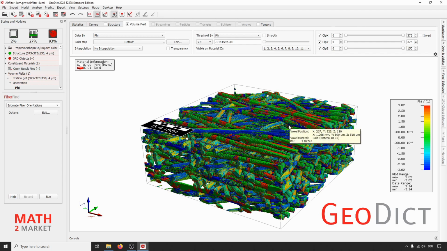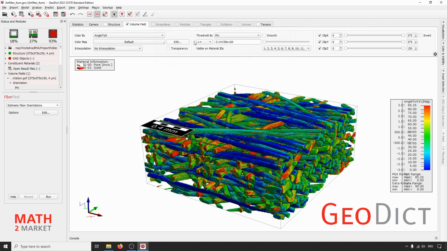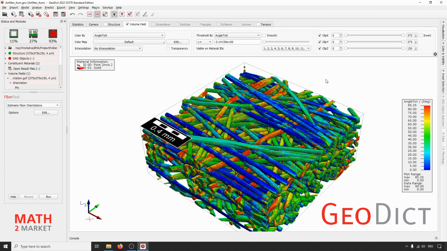Then you see the fibers, and then we also switch to a more interesting field than the default field here, and we select the angle to the X direction. Make sure to select this also under the threshold by option up here. And then you can see the computed directions of the fibers.